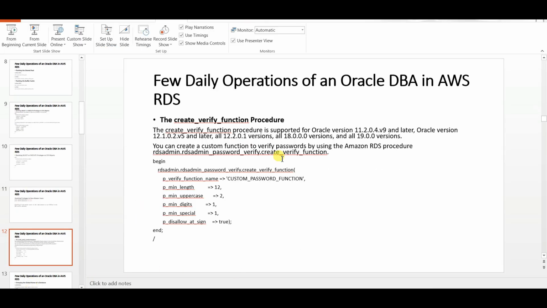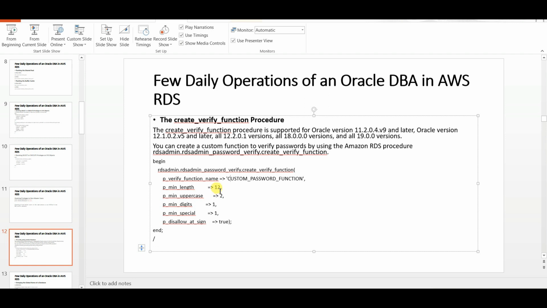Similarly, for create function, verify function procedure, this can be created, and this is supported for Oracle versions from 11.2.0.4 till 19c. You can create the verify function with this, where the function name is given as custom password function.